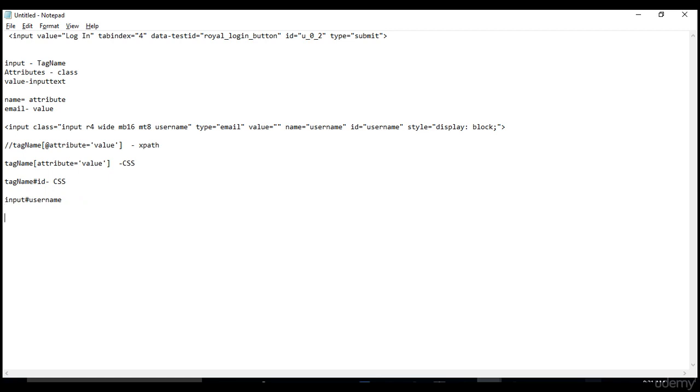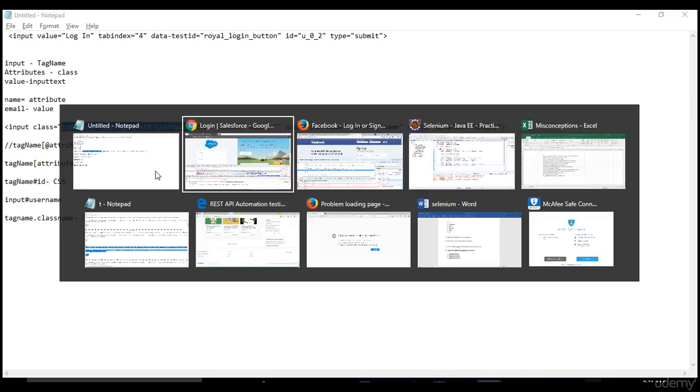And there is one more: tag name dot class name. Now you can also form the CSS like with input dot, this is the tag name, right, and dot class name, like this.